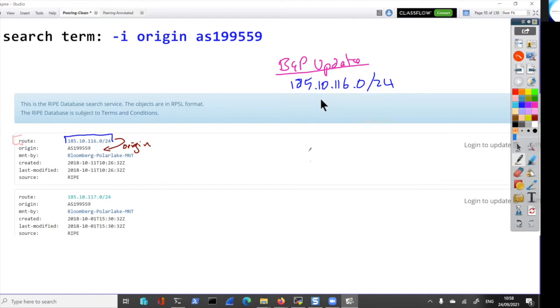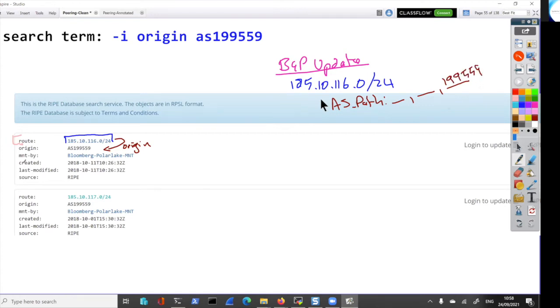But with every BGP update, they have an AS path. And the AS path lists all the ASs you need to get to there. Well, the origin, which means the last AS, the first AS in the path should be 199.5.1